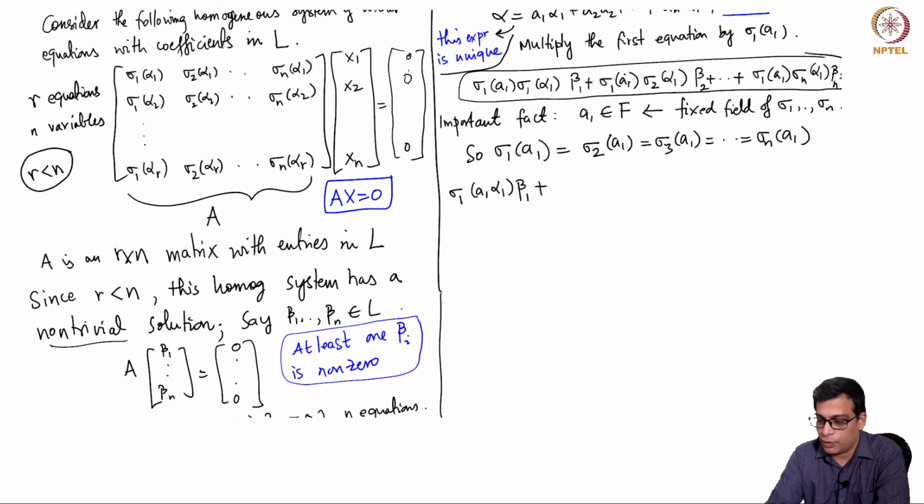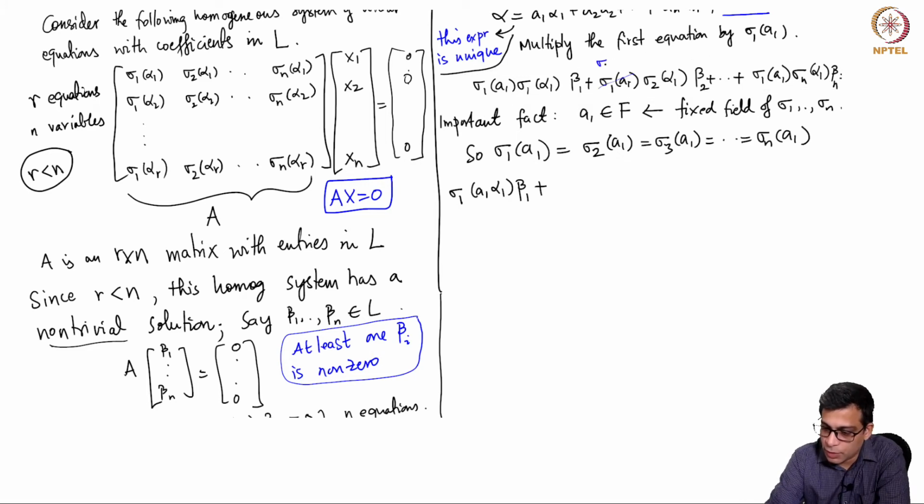But the second one involves sigma 1 A1 times sigma 2 alpha 1. But sigma 1 A1 is the same as sigma 2 A1. So you can replace this by sigma 2 A1. So once you have sigma 2 A1, it will be sigma 2 A1 times sigma 2 alpha 1, but that means I can write this as sigma 2 A1 alpha 1,